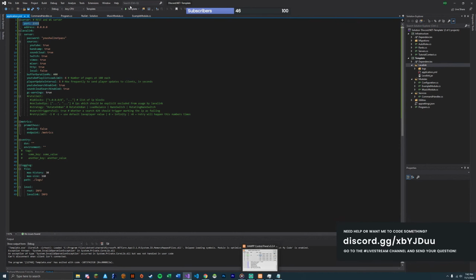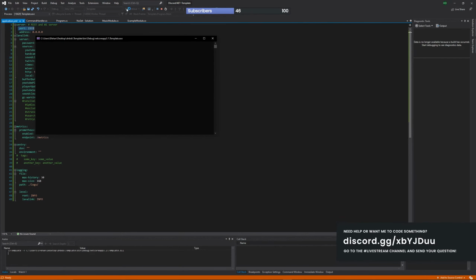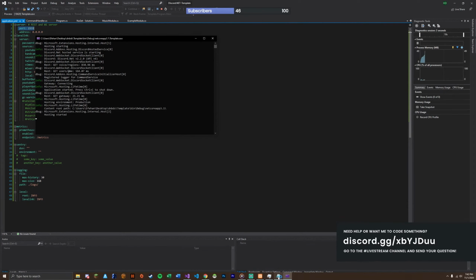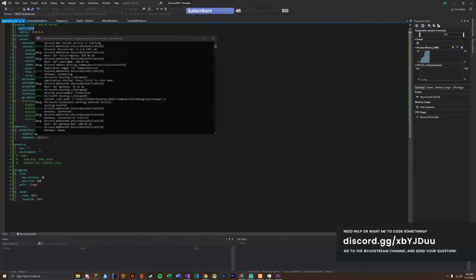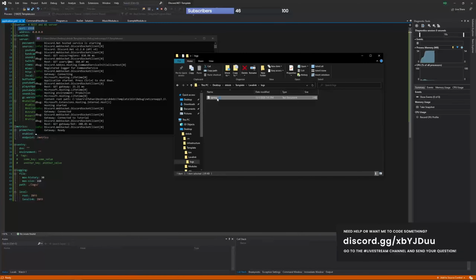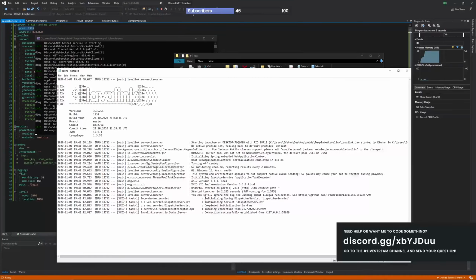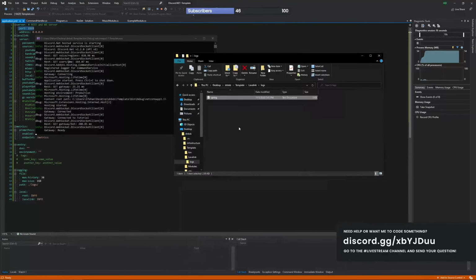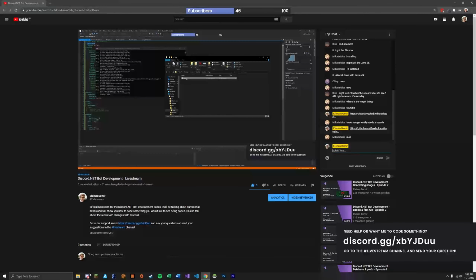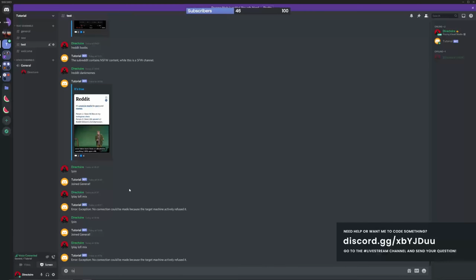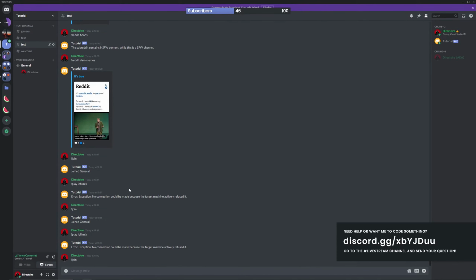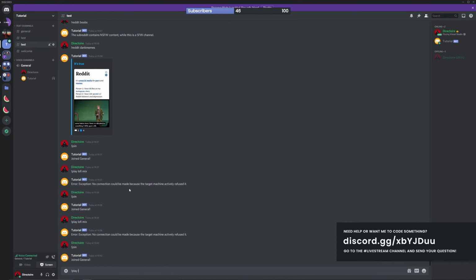Now, if we run our code now, another interesting thing that you can see in this logs file, if we close it and then go back to here, is that it will say connection successfully established from, and then the localhost IP address. This means that it's successfully connected, and now it will actually work. It should work, and if it's not working, I'll eat my shoe, but it will work. I promise. Now if we say lo-fi mix,